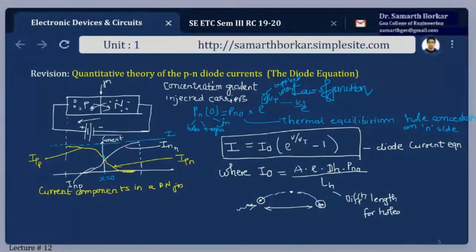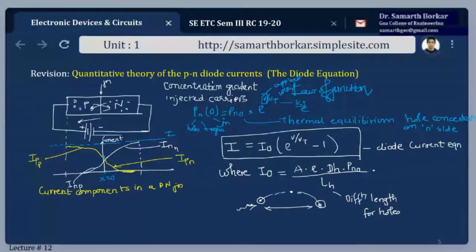It may also be defined as the average distance covered by an excess charge carrier during its lifetime. So when we say lifetime, it is pertaining to a time. So it has its own lifetime. So this time will take up a certain physical distance, and that is the diffusion length.